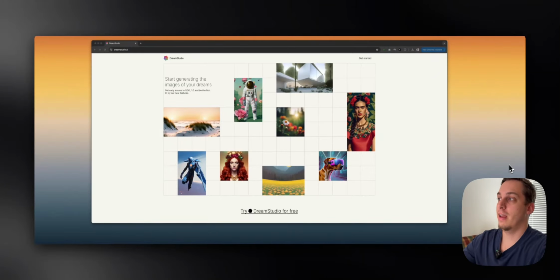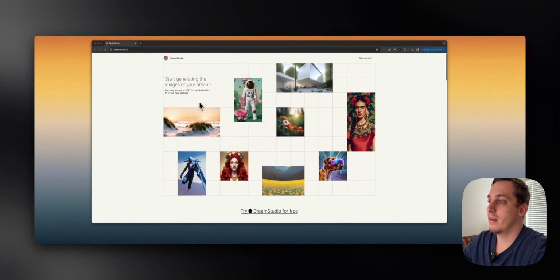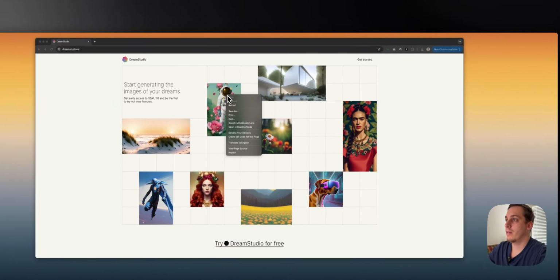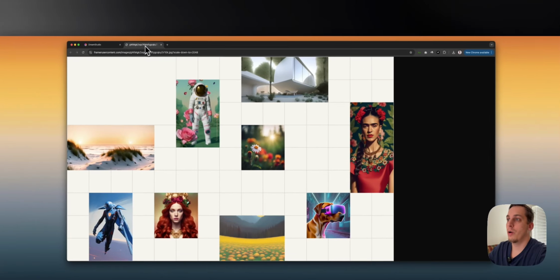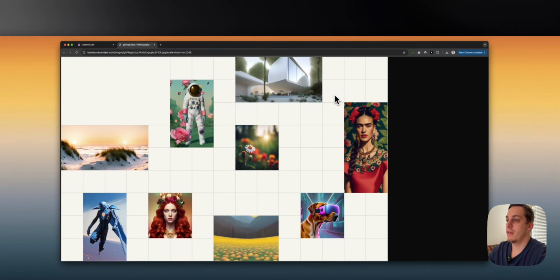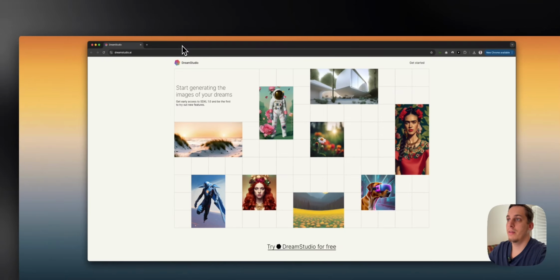My name is Lucas and today I found this really nice website called Dream Studio AI. It's from this AI startup and I really fell in love with this amazing hero section. So if you were to right click on this somewhere right here, you can see that it's an image. So I can open this in a new tab and we basically get this image,